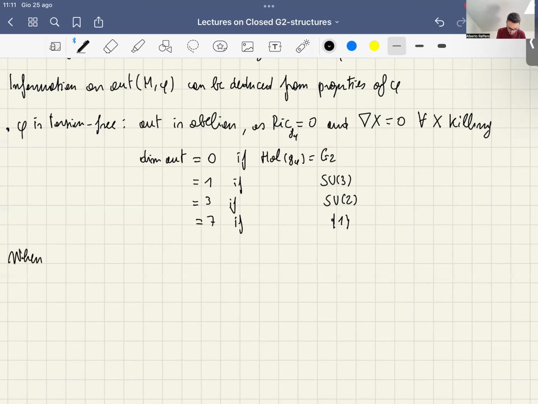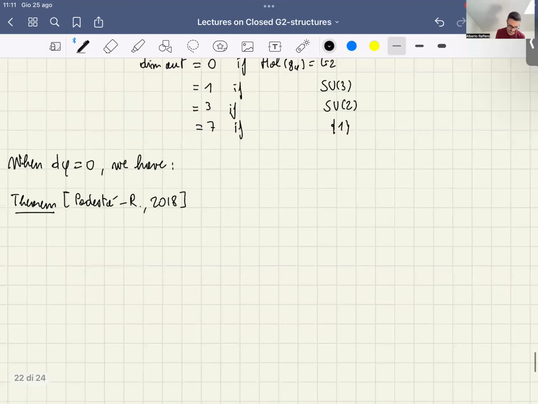And when we have a closed G2 structure, the case in which we are interested today, then what we can prove is the following. We have this theorem that I proved in collaboration with Fabio Podestà, and this was in 2018. So if you have a compact 7-manifold with a closed G2 structure,